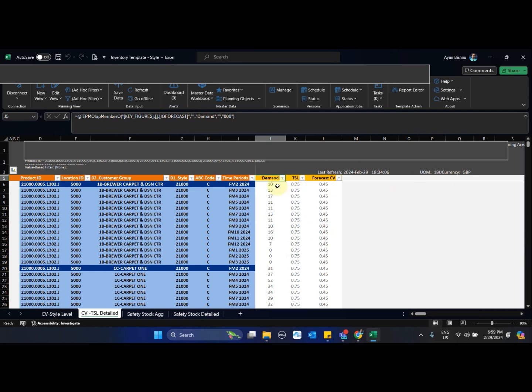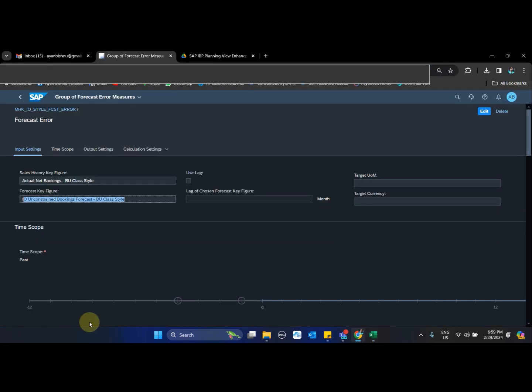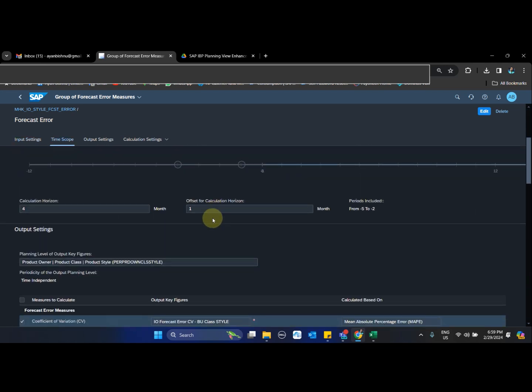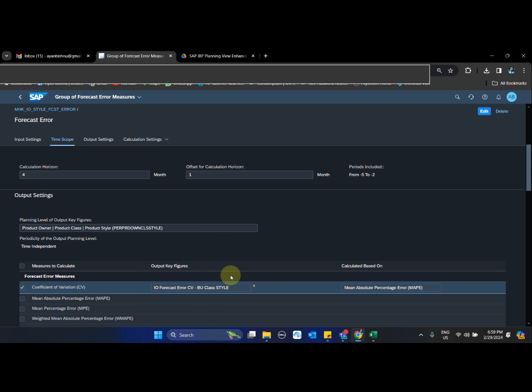I have used a copy operator to copy the values of IO forecast and sales to these respective key figures, so that at this level I have the history and the forecast, and based on this history and forecast I am in a position to run and generate the output of the forecast error at the same level.